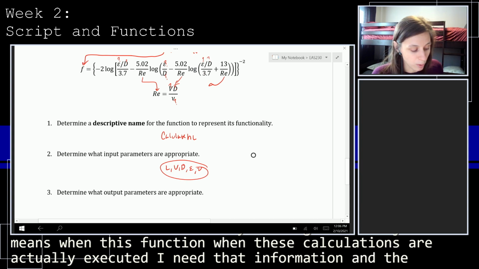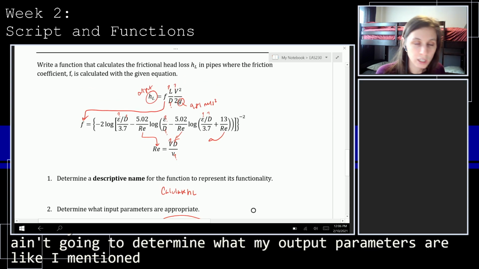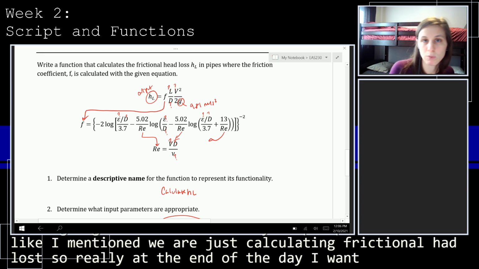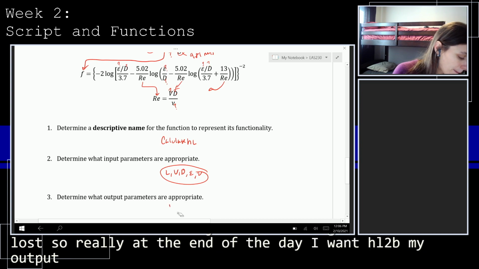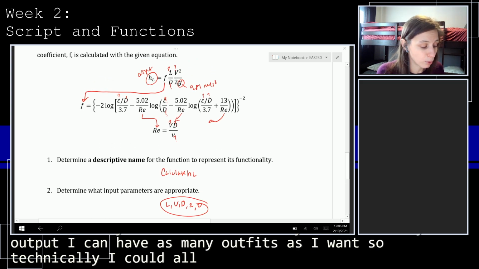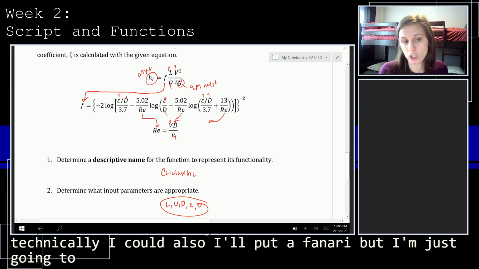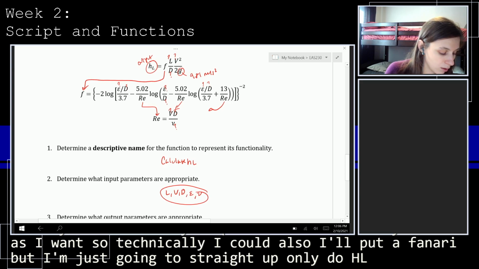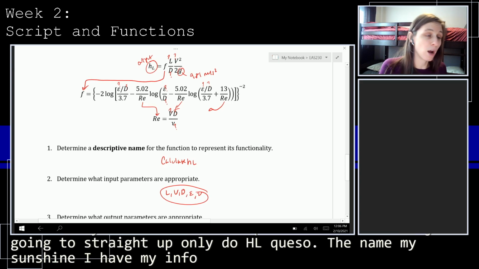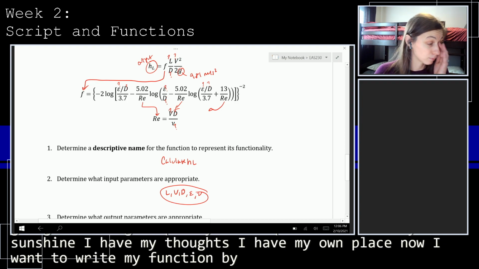And then I'm going to determine what my output parameters are. Like I mentioned, we are just calculating the frictional head loss. So really, at the end of the day, I want HL to be my output. I can have as many outputs as I want, so technically I could also output F and RE, but I'm just gonna straight up only do HL. Okay, so I've got the name of my function, I have my inputs, I have my outputs. Now I want to write my function body. So let's go to MATLAB